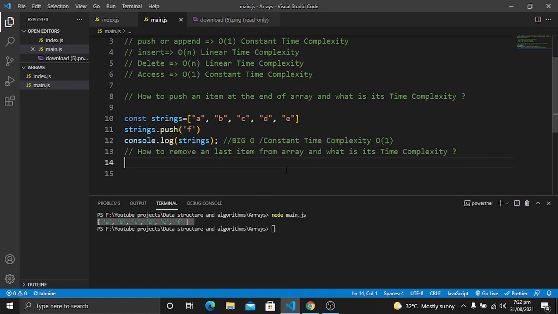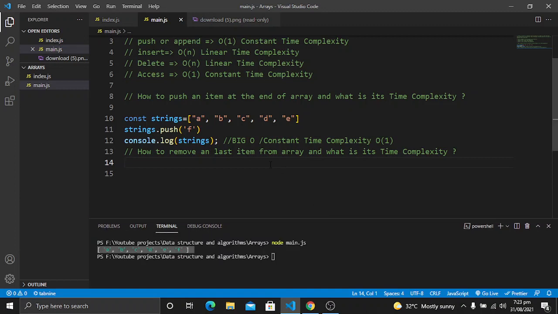For this purpose, we have the pop method in JavaScript. In different languages, you will have different methods or different ways to perform the same action. So in JavaScript, if we want to remove the last item from the array, we use the pop method. What does the pop method do? This method removes the last item from the array with the time complexity of O of 1.